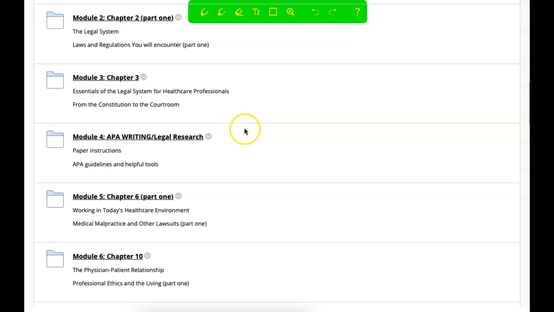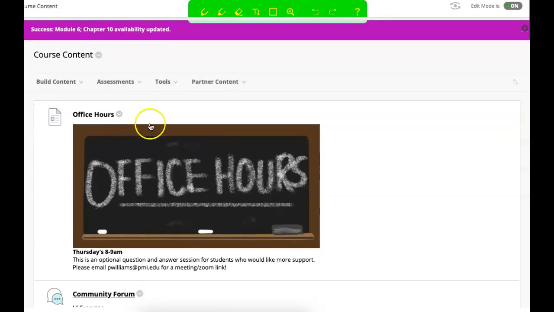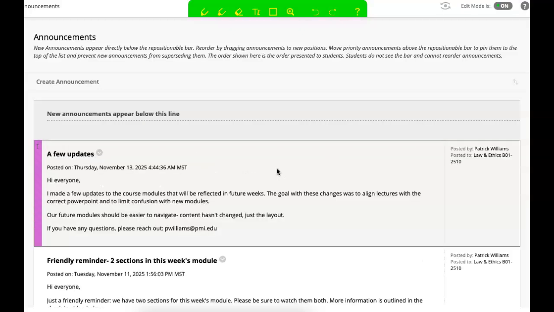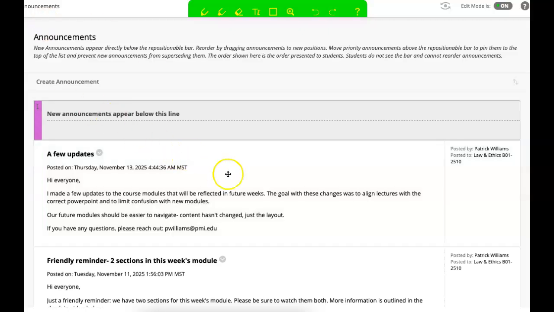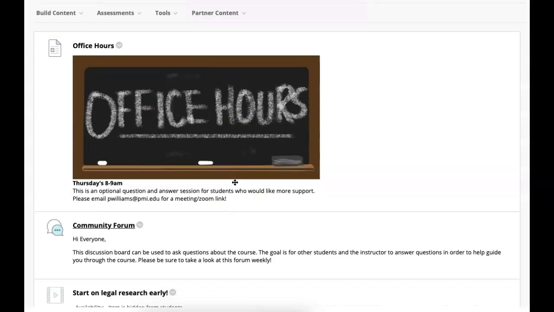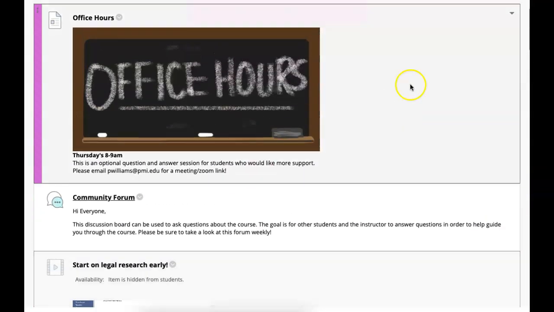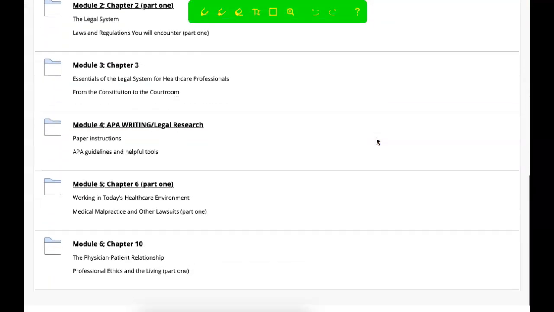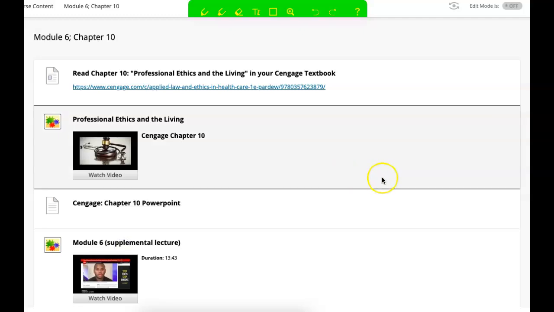Again, I probably noted this, or I know I noted it. Hopefully, all of you saw it. I made a few corrections to the course, so the new modules that we're going over will have a new look, and they'll be a little easier to navigate, and I've aligned things a little bit better for you guys. But from the perspective of new material, it's not going to be anything new. It's just going to be easier to navigate.